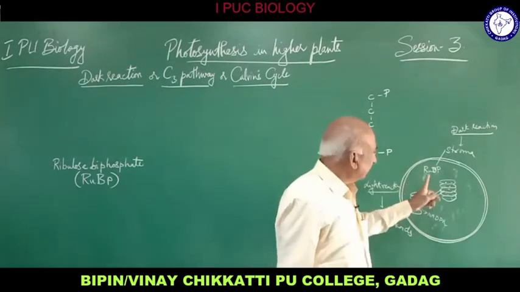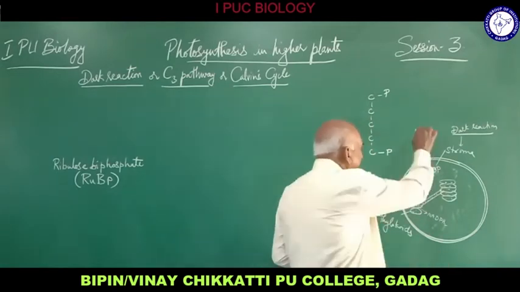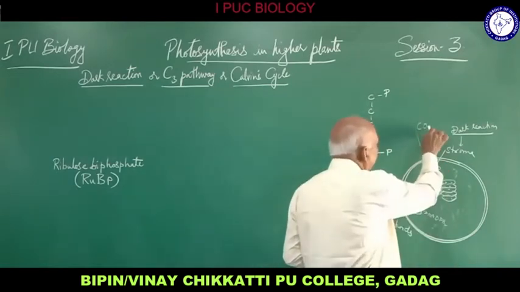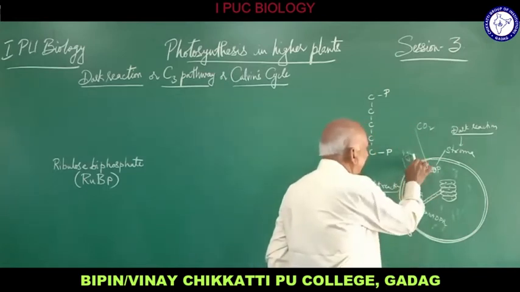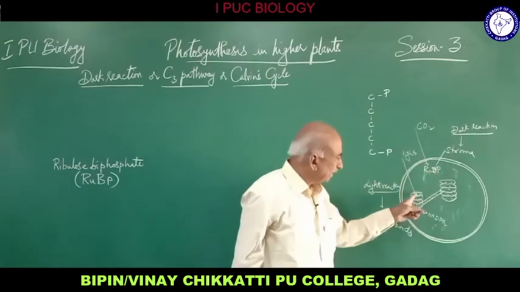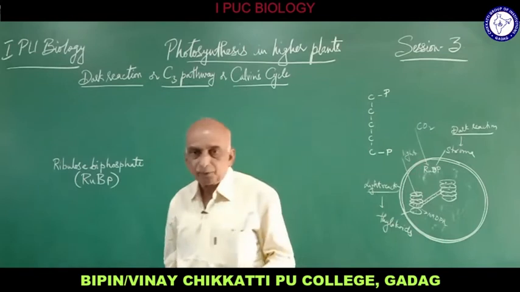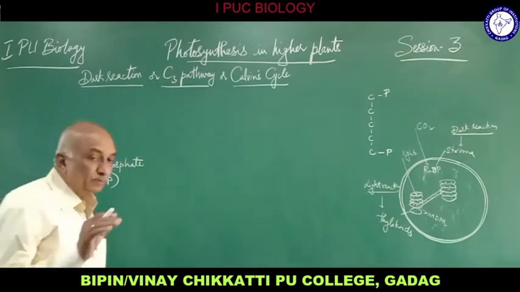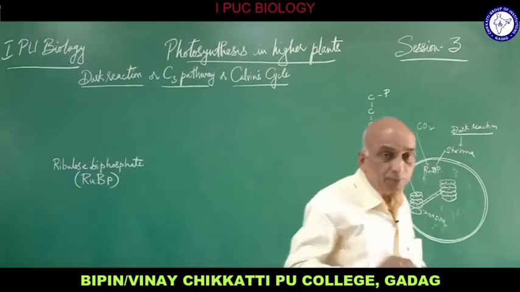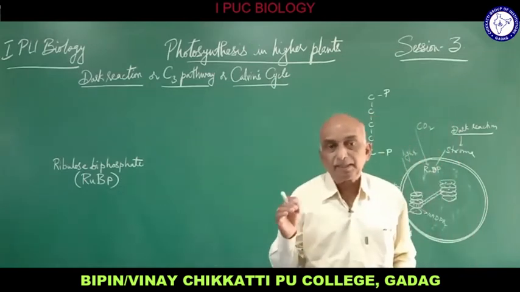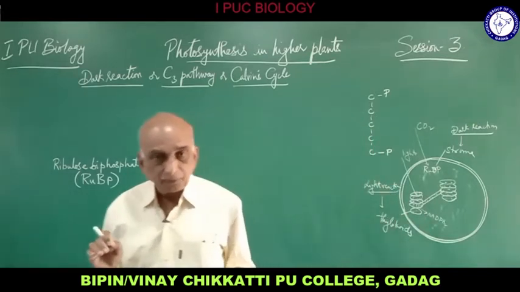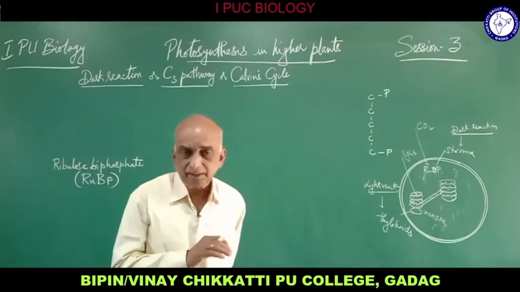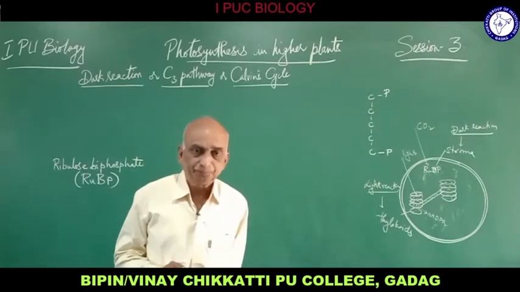The dark reaction starts from RUBP. The light which enters into the cells brings about the light reaction, that is the cyclic and non-cyclic photophosphorylation in the photosystems where chlorophyll is present. Now the CO2 which has entered through the stomata into the leaf cells ultimately reaches the stroma of the chloroplast. It has entered through the stomata during the daytime.